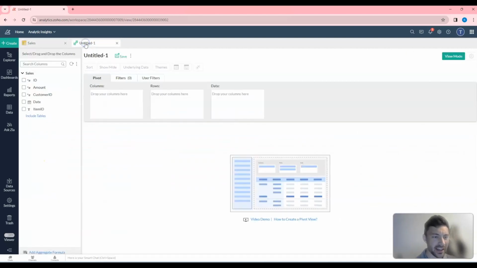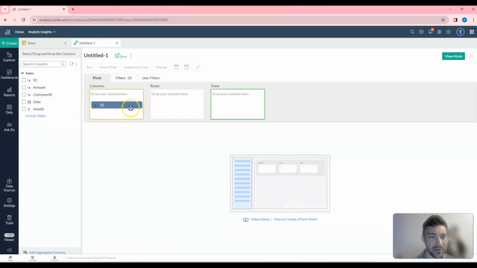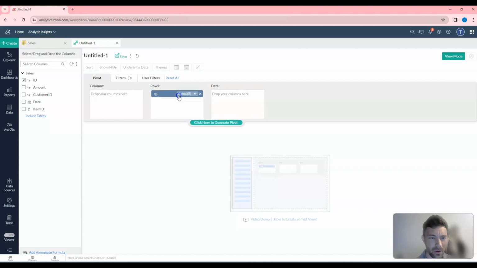But just to check, I'm going to say, let's grab the ID. I'm going to throw it into the rows column, and it will bring up actual. We'll actually go over this in just a second, actual versus dimensional. And so I'll leave that there. And then what I want to do is actually count the IDs, how many times each ID is listed, and that will tell me if I have a duplicate in there. So I'm going to grab the same column, and I'll throw it into the data. And I'll hit generate,